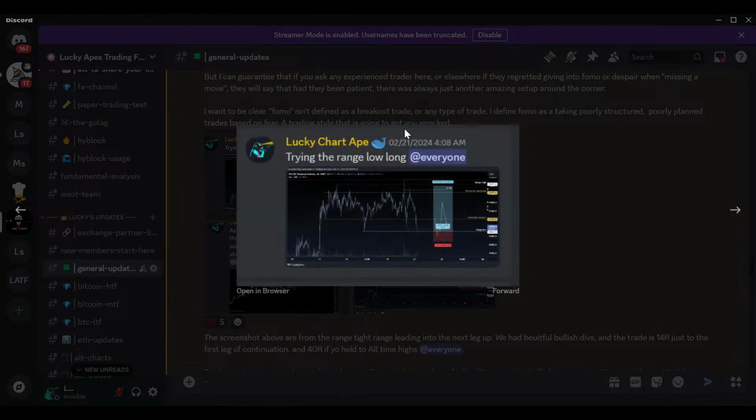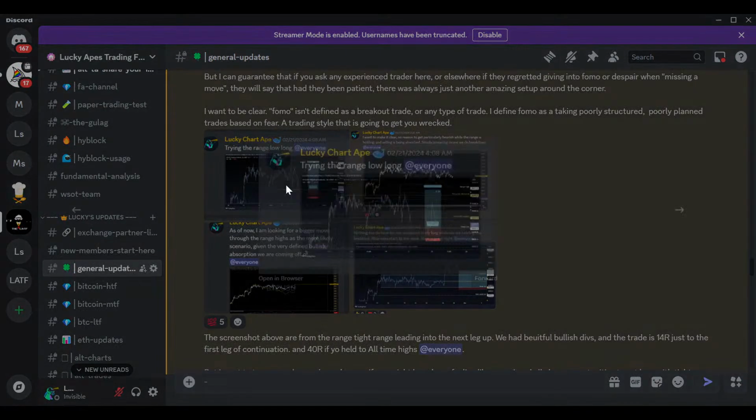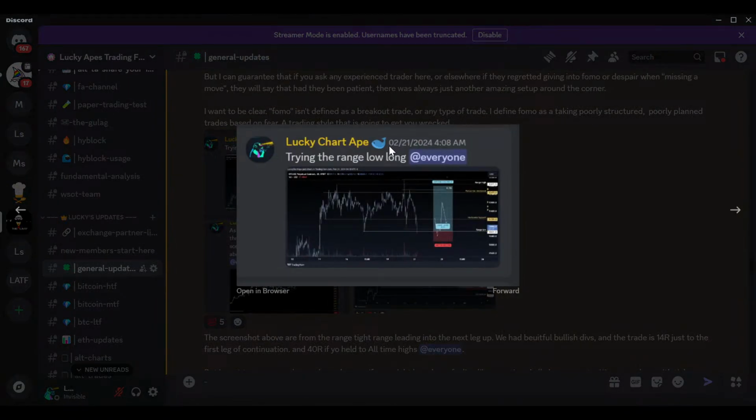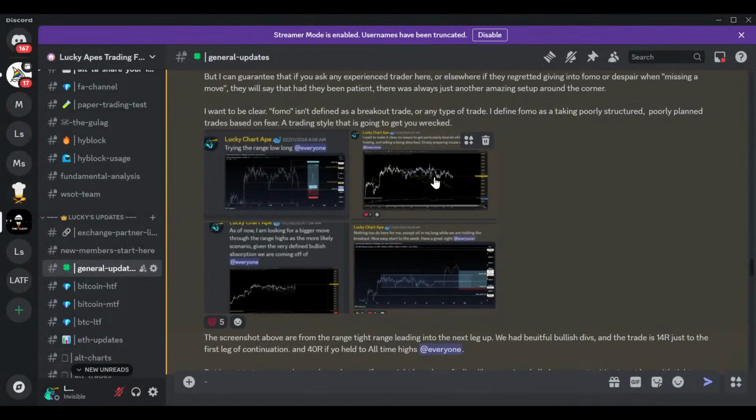So I gave this update. I'm going to go over this in the charts. This was at our 50K range. So I started off trading this range. And the funny thing is, I actually got multiple winning trades here. This was about an 8-9 day range. Shorting this, longing this, shorting this, longing this. And then I ended up holding this long. And so I just wanted to go over this. So this is back February 21.